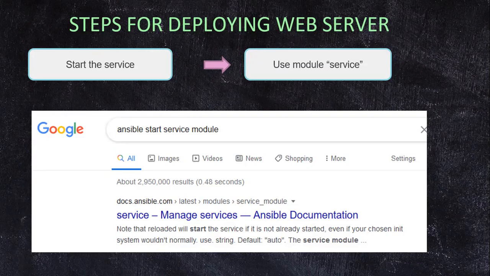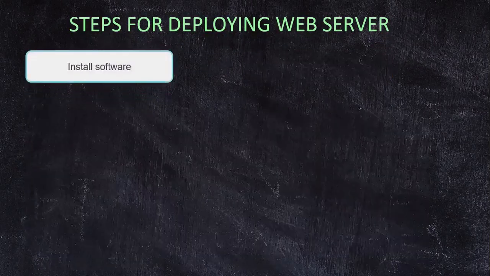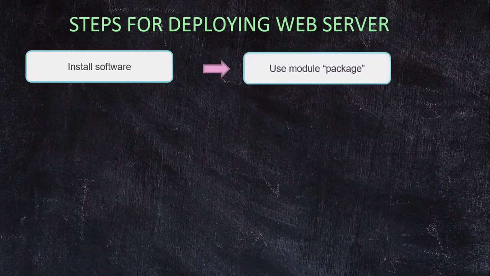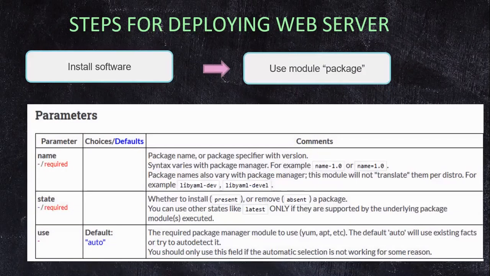Now I have all these three different modules. We know that with different modules, we have to give different parameters as inputs. So let us have a look at the parameters. To start with, we are going to install a software. For this, we know that we are going to use a module called package. Again, if I refer back to Ansible's documentation, it lists out all the different parameters which are available for that module. And in this specific module, I am interested in the parameters called name and state.